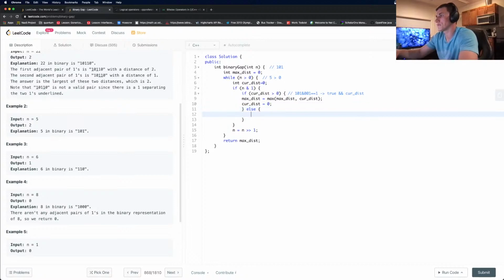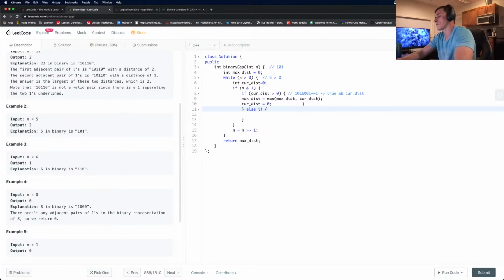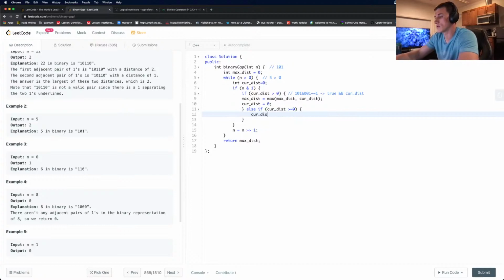Else, so if it was 1, let's say like this. Else, if car distance greater or equal 0, then we do car